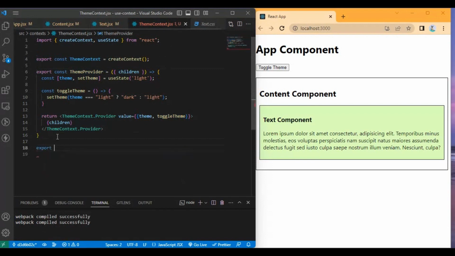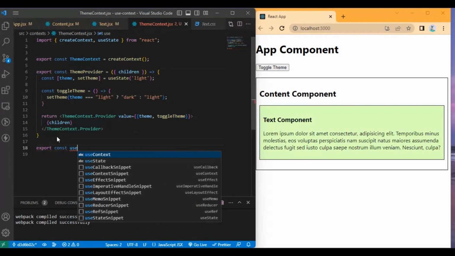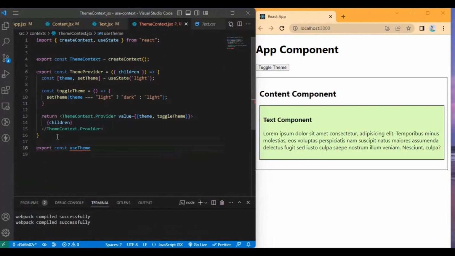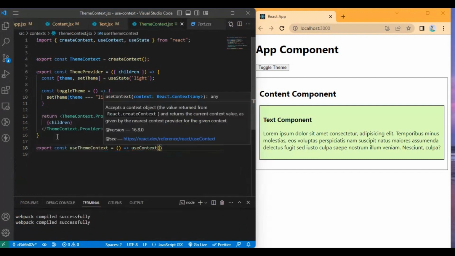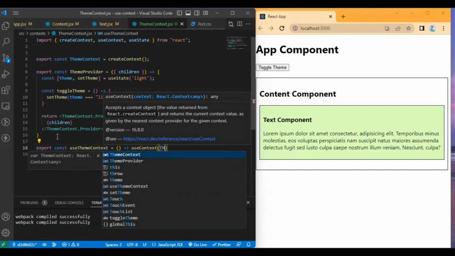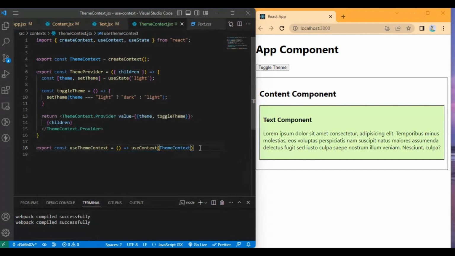We will make a useThemeContext function that returns a call to useContext. Cool. Now I have the separate file.